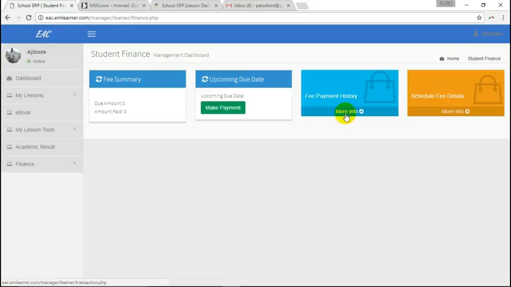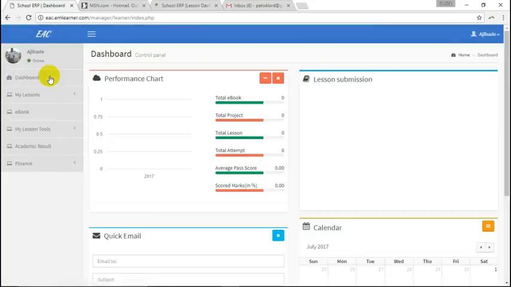And they will be able to pay online, through a Visa card and PayPal and the rest. They'll have their scheduled fees detailed: the money they are owing, how much they are owing, and how much they're supposed to pay. Okay. So that's about students. And so we only have Android for students, no Android for teachers. So the student will go to the Google Play, download the Android application, and then select EAC. Once they select EAC, it will map this color and the logo from your school, and the platform will be as if it was designed for EAC. You'll see that today.